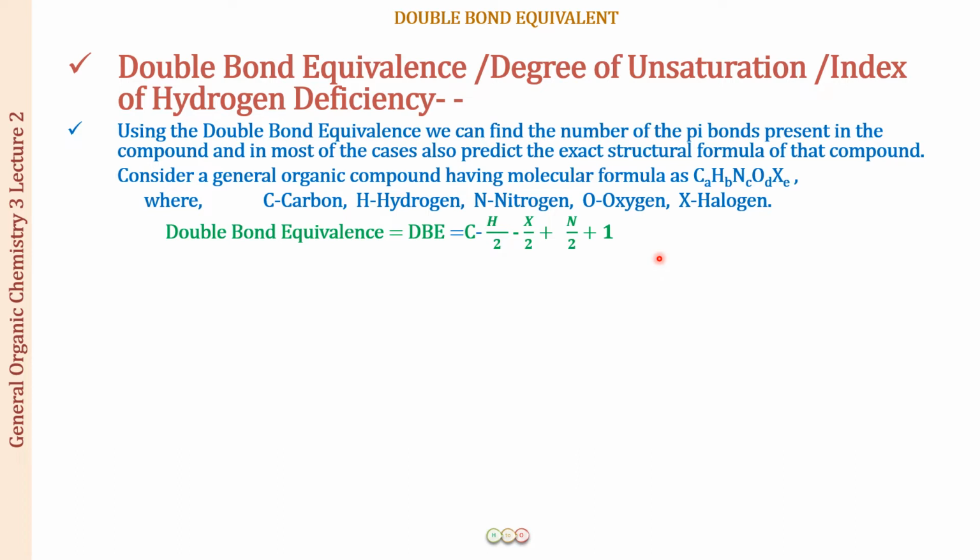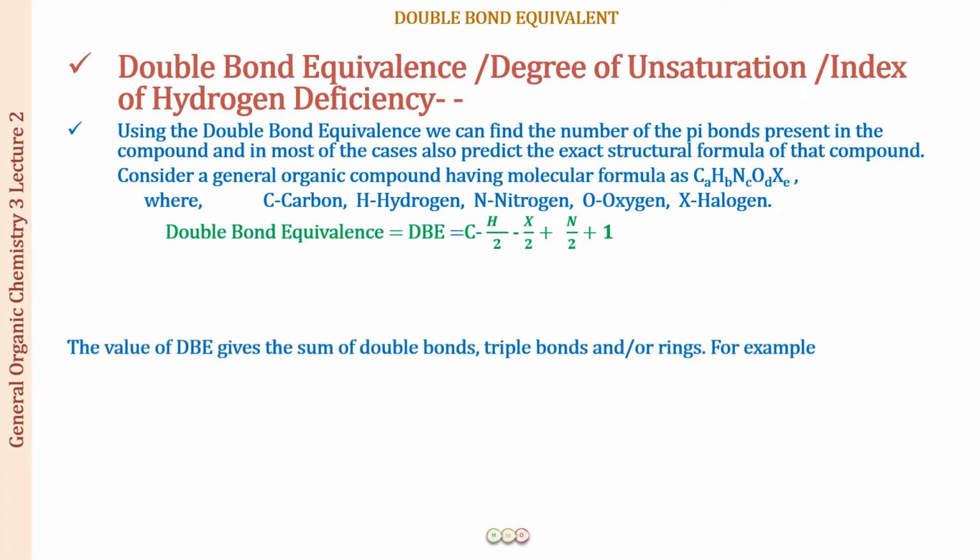Similarly, if a sulfur is present, that will also not affect the DBE value. And if there is a phosphorus present, please do remember that it will just be treated like a nitrogen, right? So the nitrogen family is similar, and the oxygen family is similar, not going to affect. And if phosphorus is present, that will also be a P by 2 that you can add. But grossly, this is what you will be seeing, and you will see certain examples over here for the DBE value. So let us look at those examples now, how we are going to find out these DBE values for the various molecular formulas that are given to us, and how this is going to help us predict all the possible structural isomers we can have for a compound.